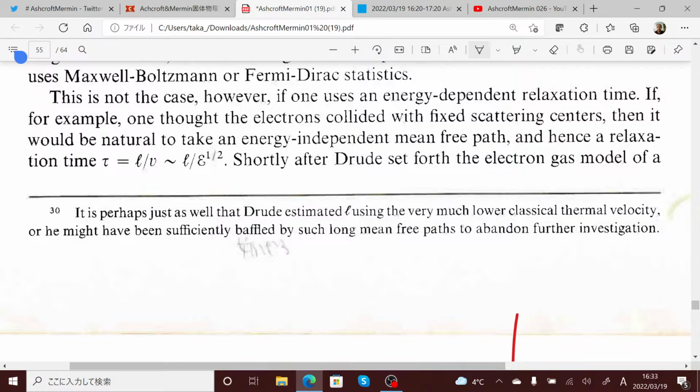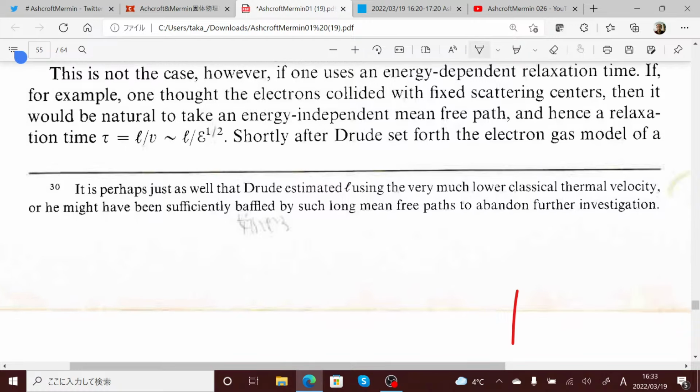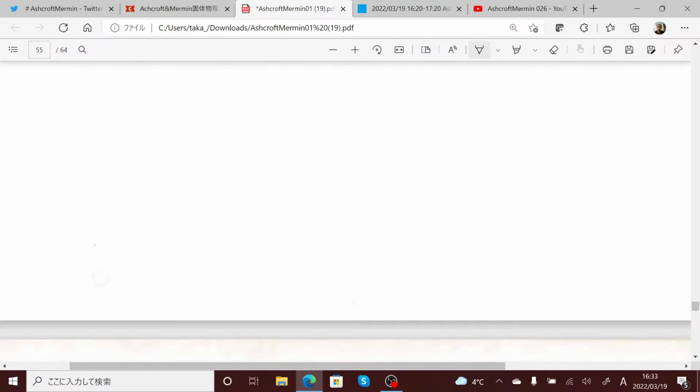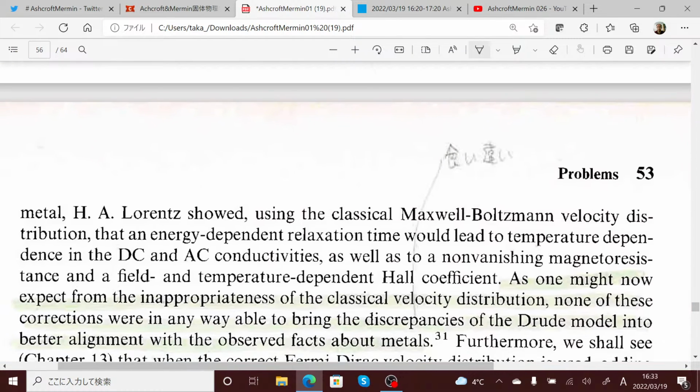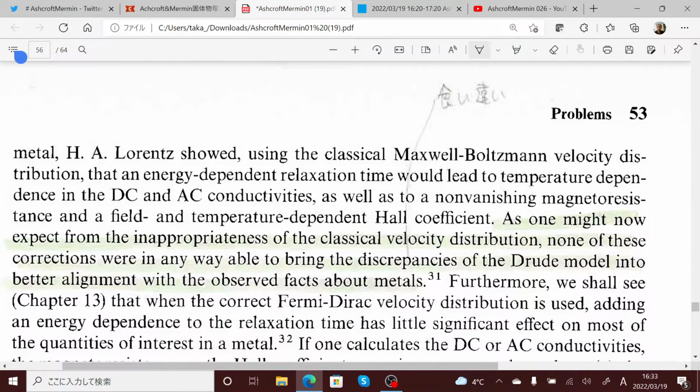Shortly after Drude set forth the electron gas model of a metal, H.A. Lorentz,